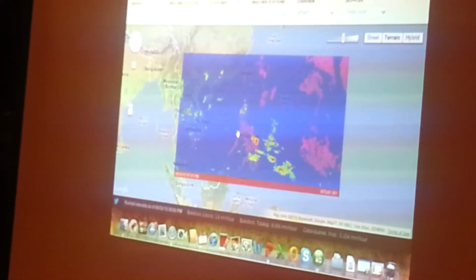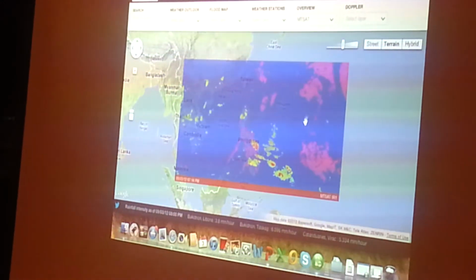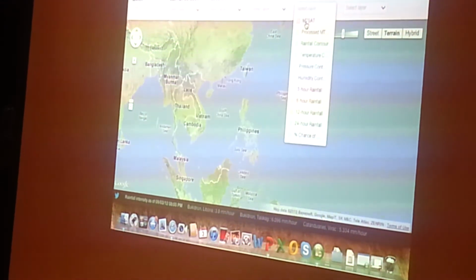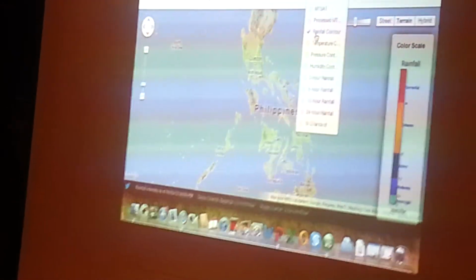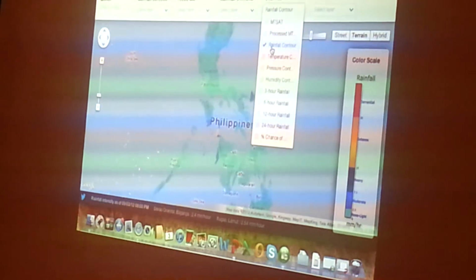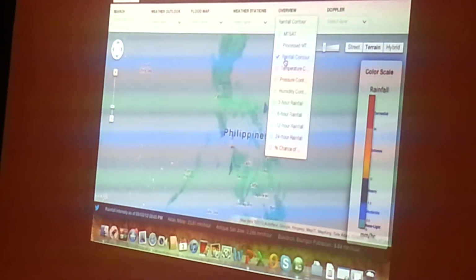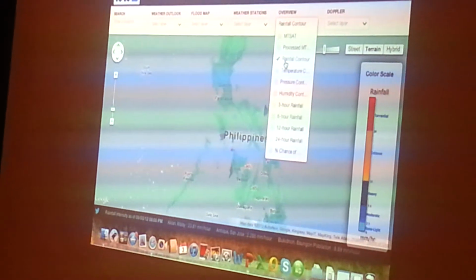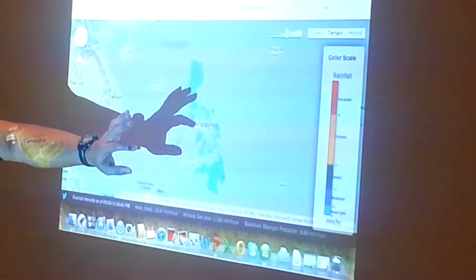Alright, so once you've seen the satellite image and you've seen the condition of the area surrounding the Philippines, what you'd like to do is go to the rainfall contour, which would show you in near real time the rainfall amount in the past hour. So you can see here, hindi po, rainfall po ito. It's rainfall amount, it's not temperature. It would show different colors for the entire Philippines. And as of 6 p.m., 141 stations are updated.